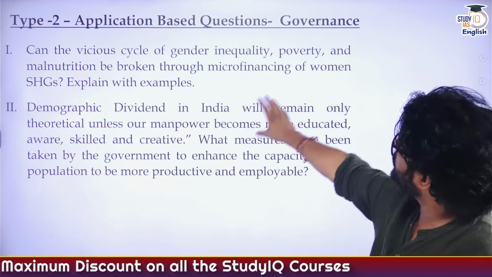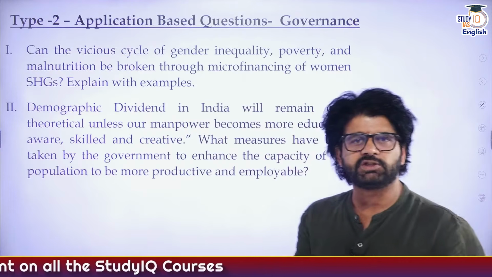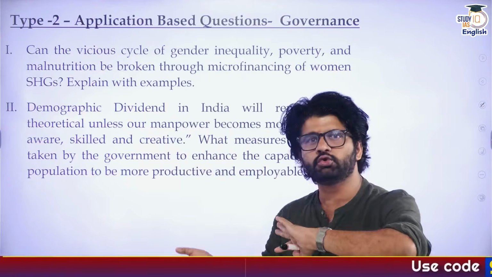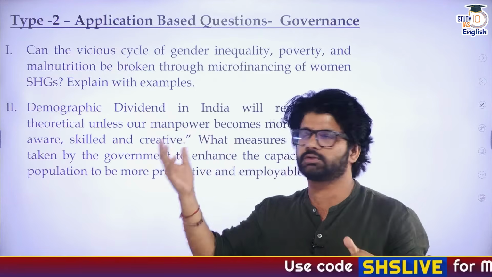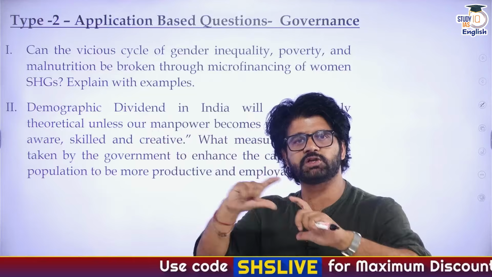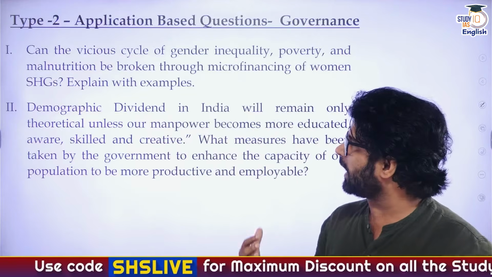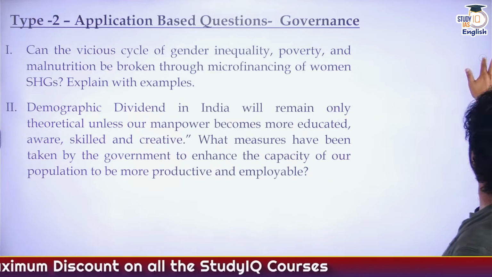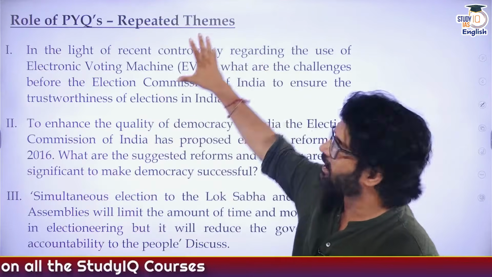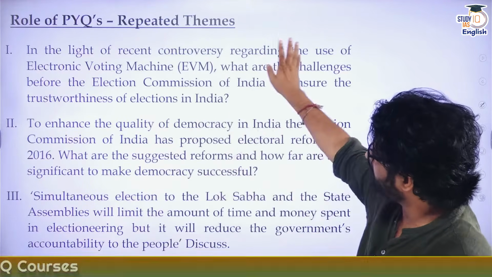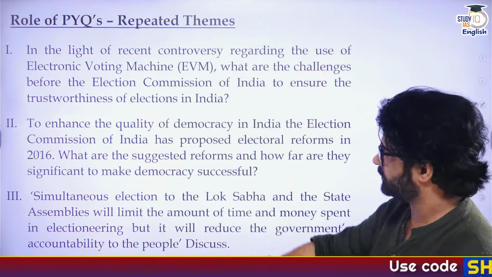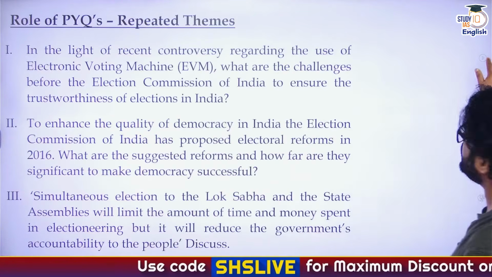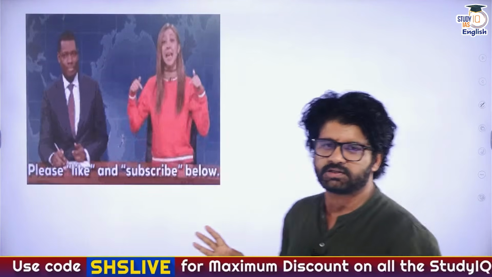Vicious cycle, virtuous cycle, what they are, which has positive connotation, which has negative connotation, demographic dividend, our youth population, and not only youth, the demographic dividend concept and the definition is much wider. If we are not tapping our young population, it can turn into demographic disaster. So questions and syllabus, there are certain repeated themes. EVM, electronic voting machine, UPSC asks a lot of questions. Simultaneous election always remains in news. One nation, one election. So hope you're understanding the pattern we are discussing here when it comes to polity